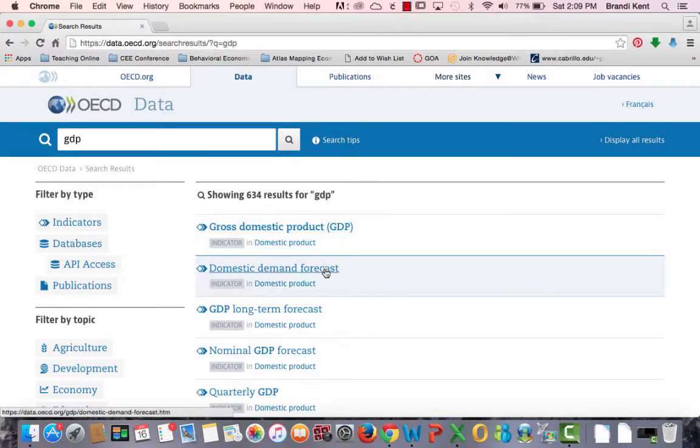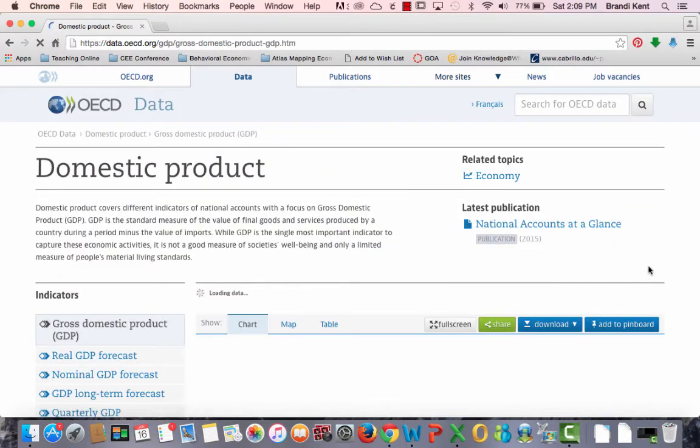If you see something that says forecast, that's a prediction. So it's going to take past values of gross domestic product and forecast what the future is going to look like for a country. At this point, I just want to do an analysis of the past data and I don't want to look at what's going to happen yet into the future. So let's click on this GDP tab